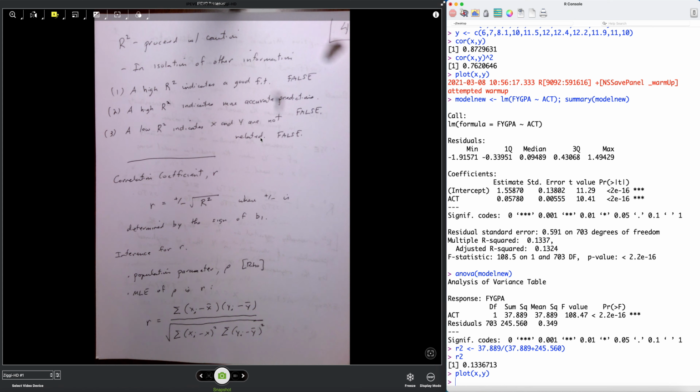Moving into the correlation coefficient r, it's just the square root of R squared. Well, it's the principal square root, so your answer will always be positive. You have to determine whether the plus or minus is appropriate simply by looking at the sign of B1. Again, B1 is the slope of our model. It makes sense that if we have a negative slope, then we would have a negative correlation. If we have a positive slope, we'd have a positive correlation. The inference process is to,